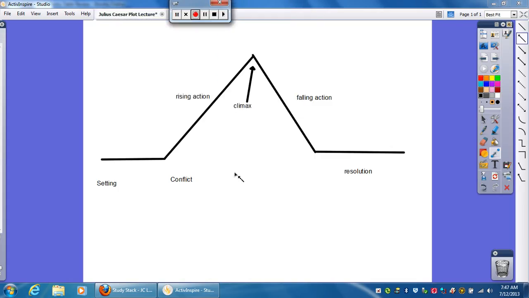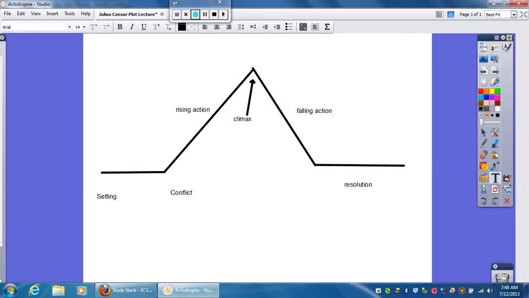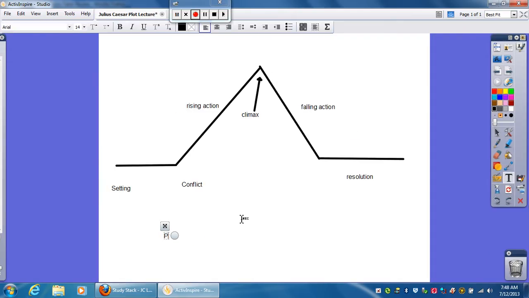Okay, what you see in front of you is your basic plot structure diagram that is commonly used in language arts classes and will be used in this one. And you're going to be taking notes structured along the same lines. We're going to be doing some drawing in class today, but we're going to focus mostly on plot. Plot basically is, and I'll type in the text here, plot refers to the events in a play or a